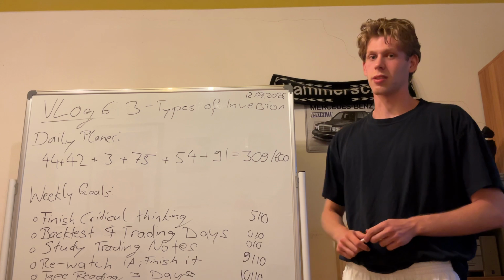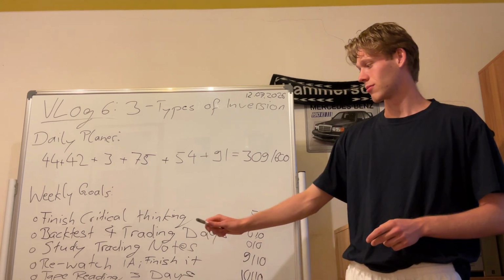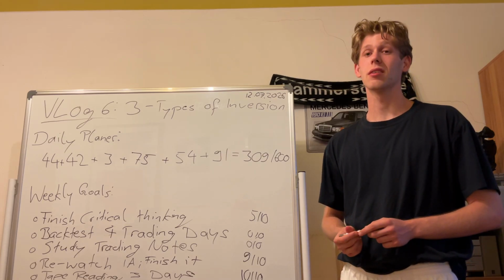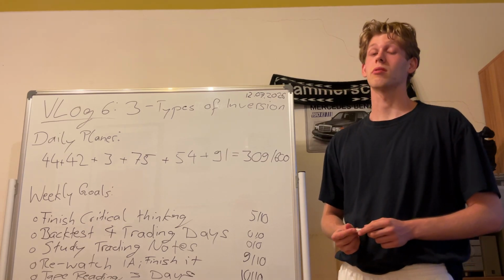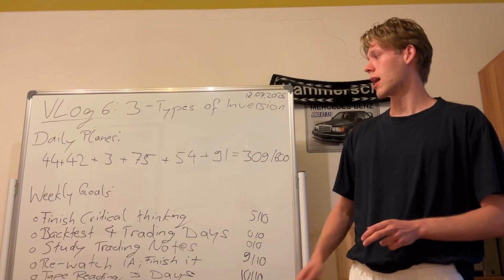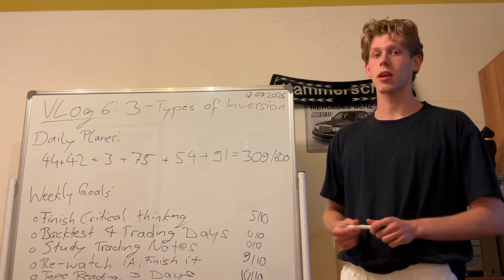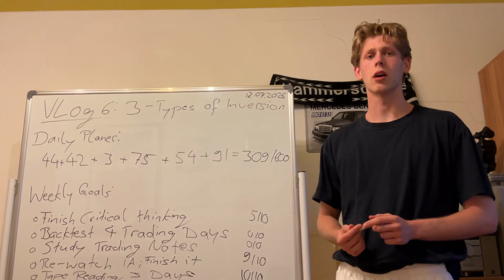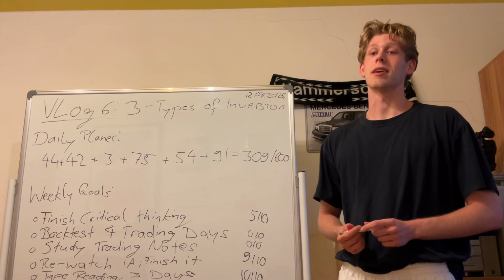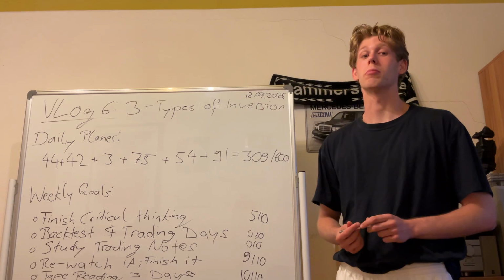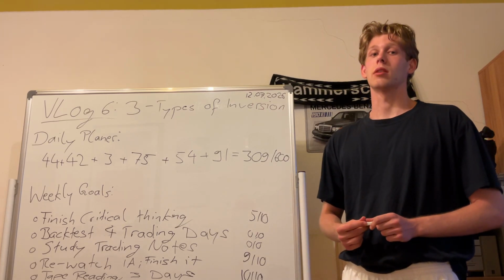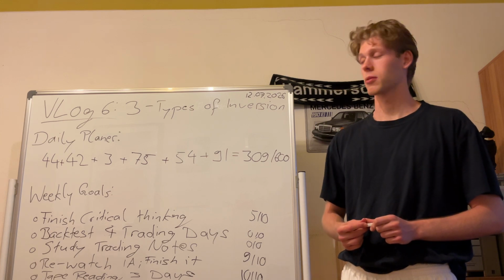Study trading notes, I didn't study them at all. Rewatch was very, very well. I finished 2.7 yesterday, and the only thing left is 2.8, designing reality. And I want to finish critical thinking, where I'm reverse engineering my vision right now. I first want to finish that because this will be included in my new Self-Taught Sense workbook version 1.1. That's why I first want to finish that before I start the rewatch with 2.8.